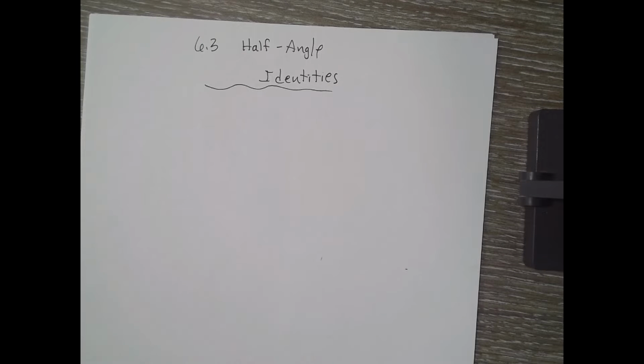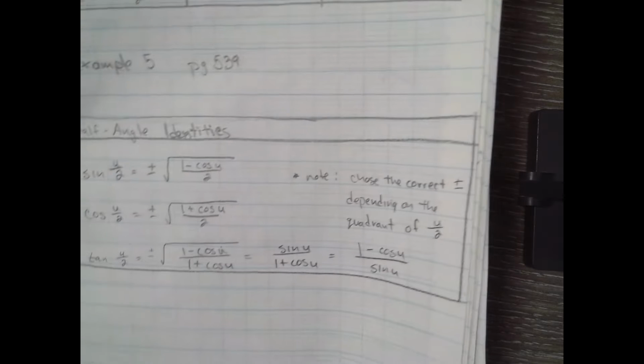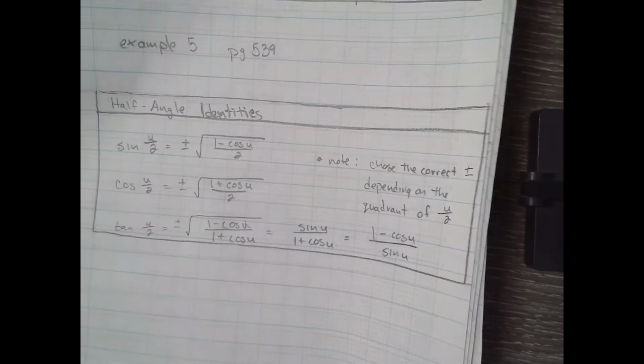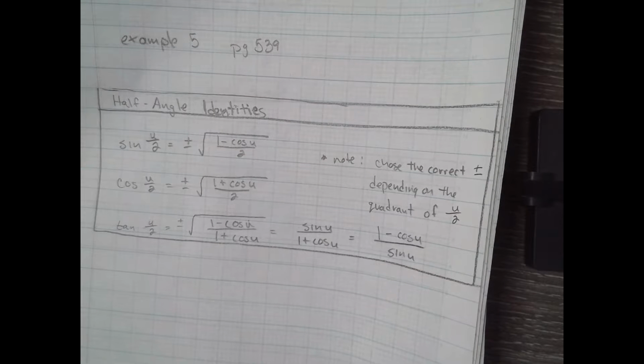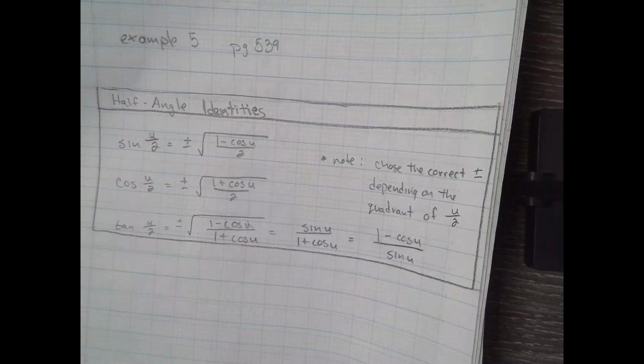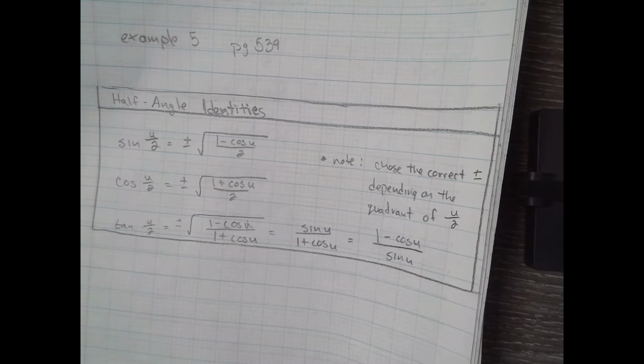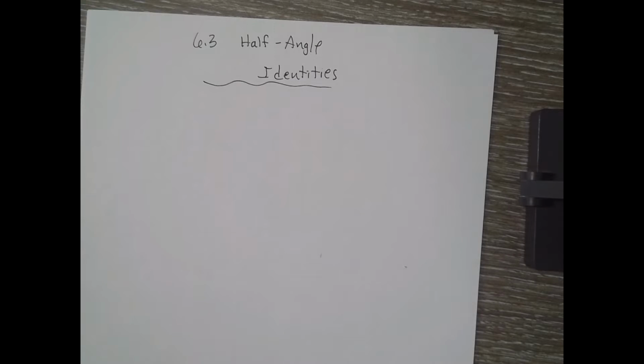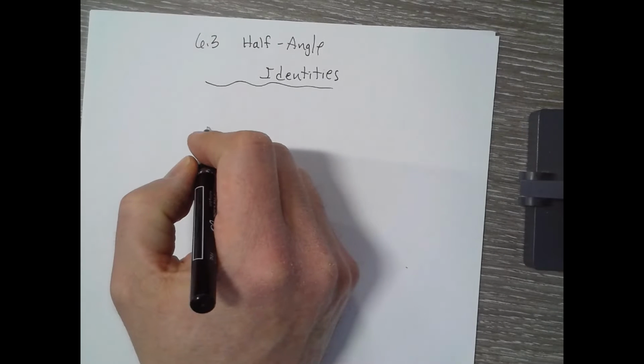Alright, so the last part of 6.3, half angle identities. We have 3 of them. They're right here. Sine of u over 2, cosine of u over 2, tangent of u over 2. Okay, so an example, if I wanted to find the sine of